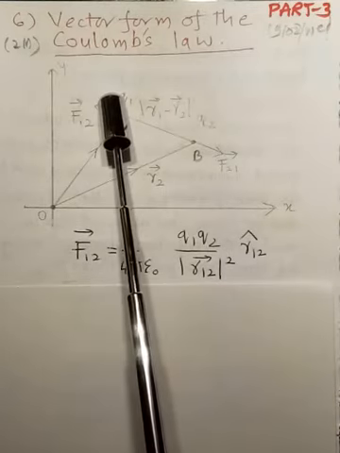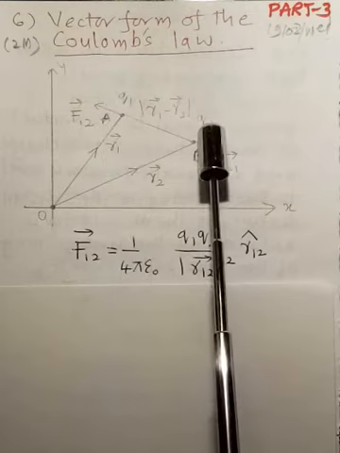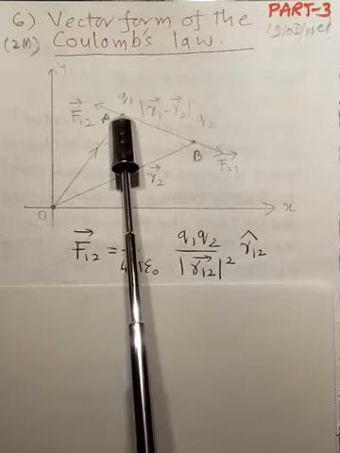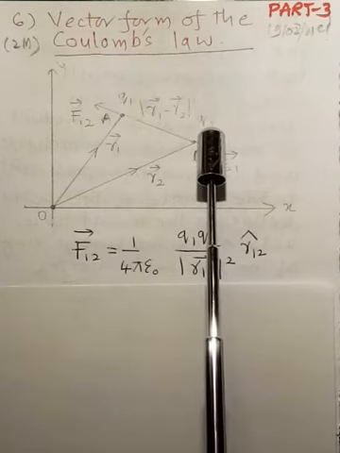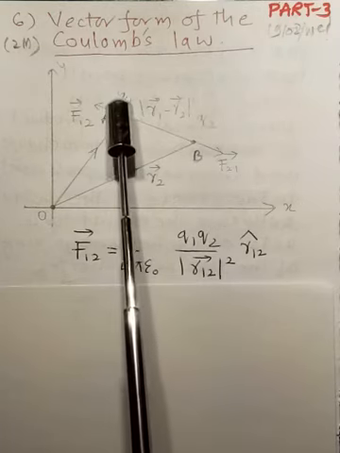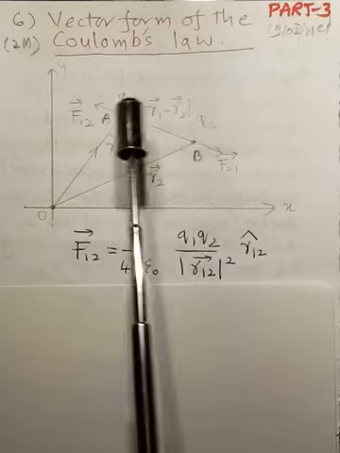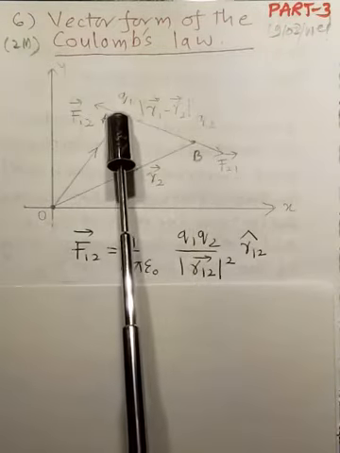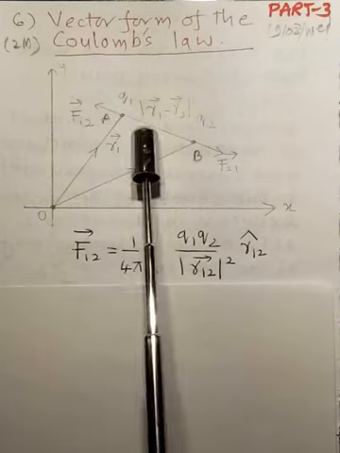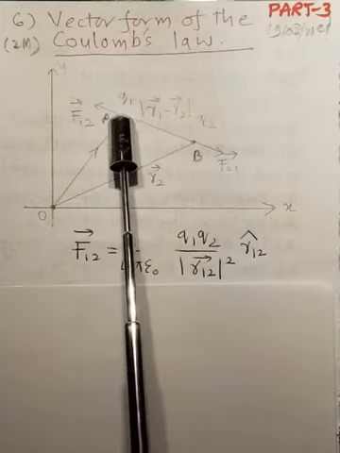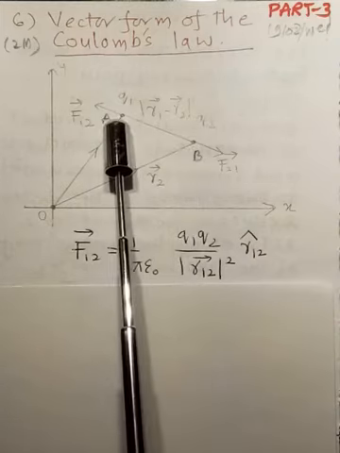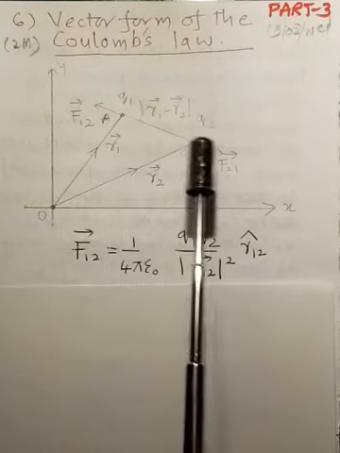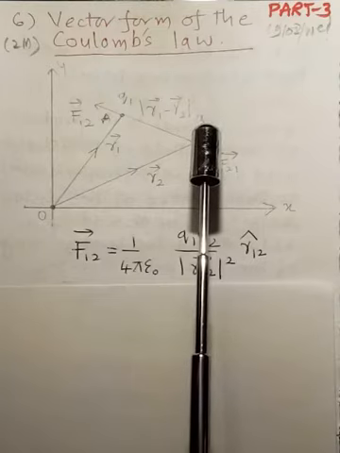These two charges are positive charges. You can take negative charges also, but in this example I have taken both positive charges. Therefore, they are like charges and they repel each other, and the direction of the repulsive force is along the line joining these two charges. Therefore, one force acts here and the other force acts here.